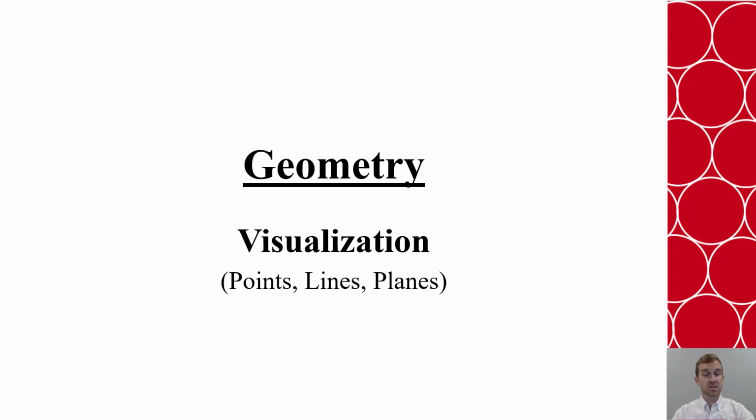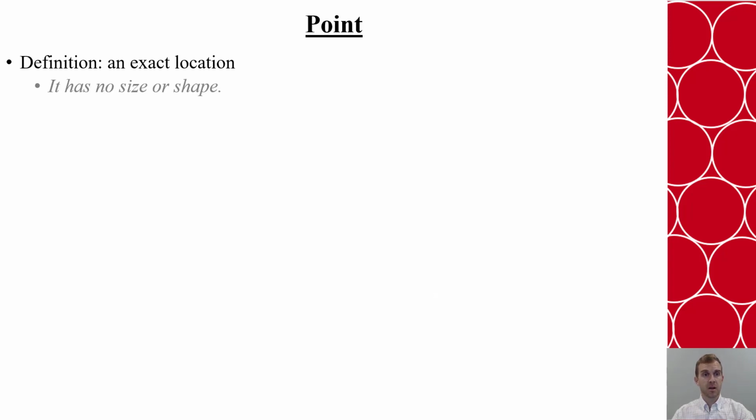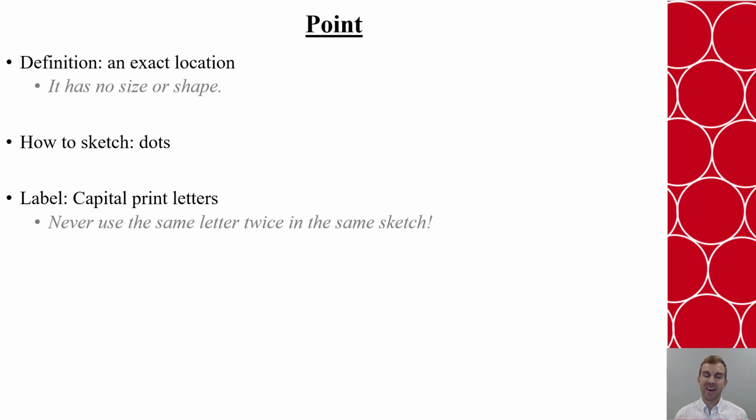In this video, we'll discuss points, lines, and planes. Now, a point is an exact location in space. There's no size or shape, but we will sketch a dot there to help us represent that location. And to help us understand that location, we will give it a capital print letter so that we understand where